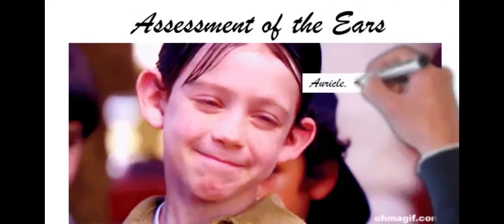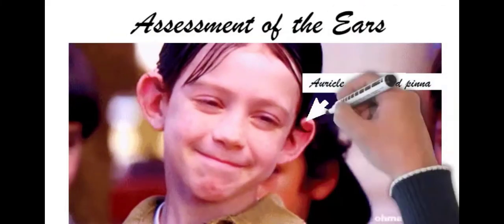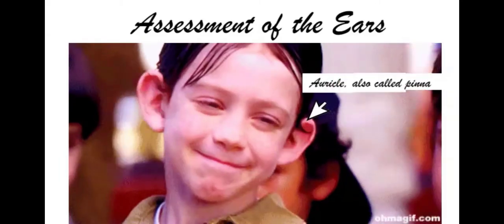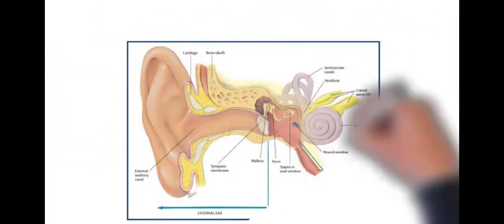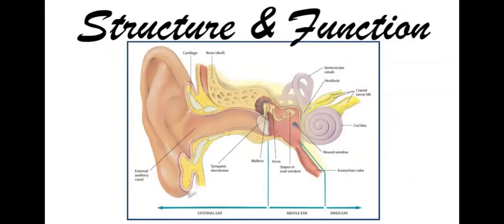Continuing our assessment of the head and neck, let's look at the ears. First, we'll look at the auricle and pinna, that funnel-shaped area on the outside of our ear. Although our objective assessment will focus mainly on the external ear up to the point of the tympanic membrane, or